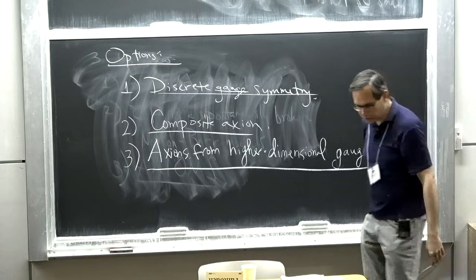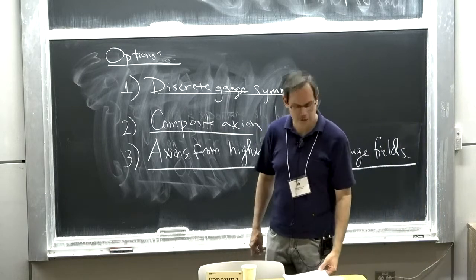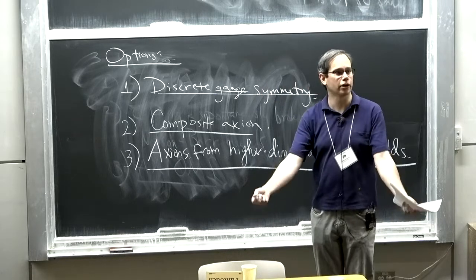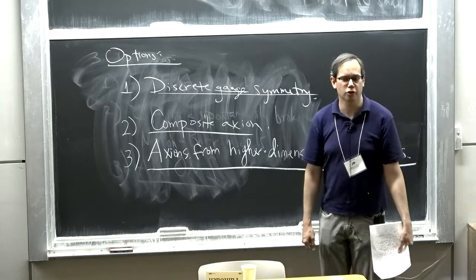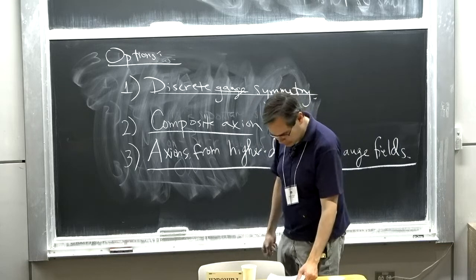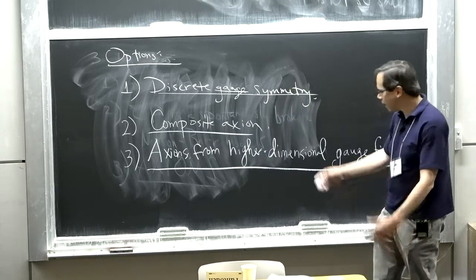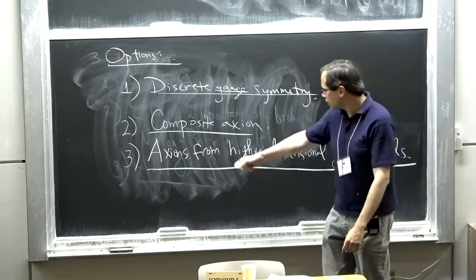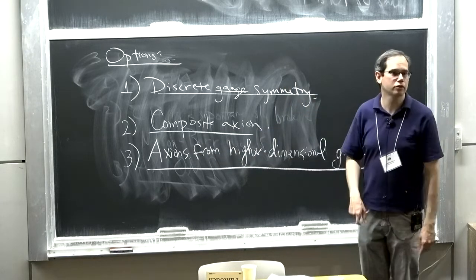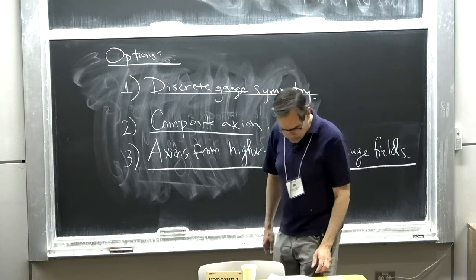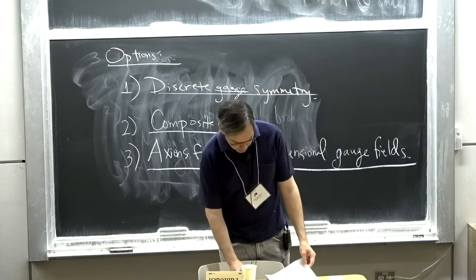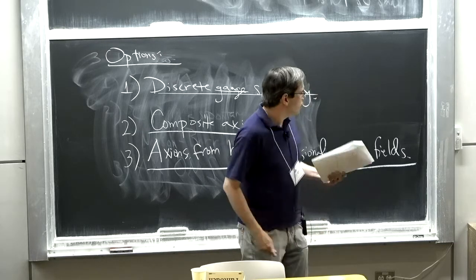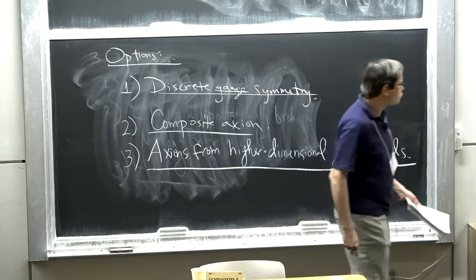So this is going to be a fundamentally different kind of model. We're not going to have a 4D Peccei-Quinn symmetry that we spontaneously break to get a Goldstone. We're just going to have some higher dimensional theory that's compactified down to 4 dimensions to get the standard model. And the axion is going to be a mode of a higher dimensional gauge field. This is an old idea. Models along these lines were discovered in the early days of string theory.